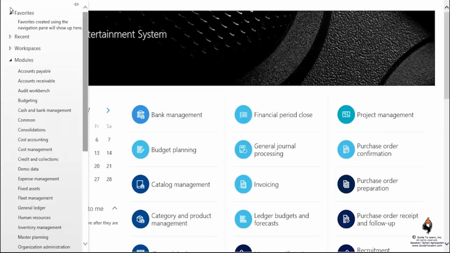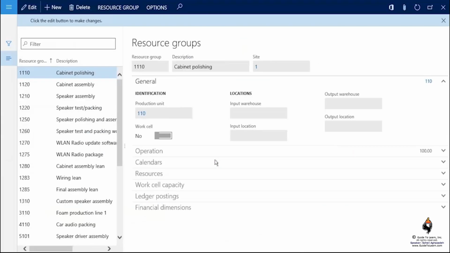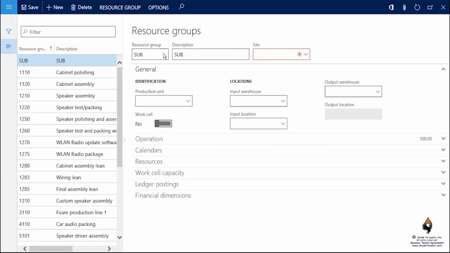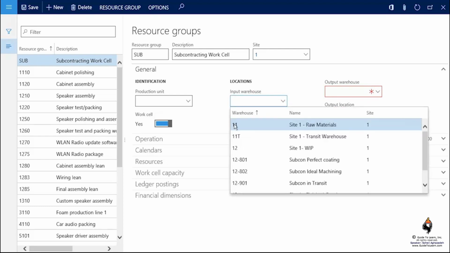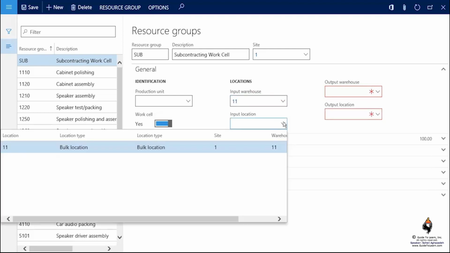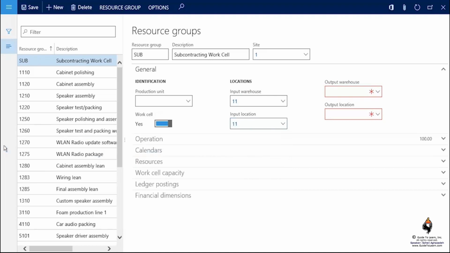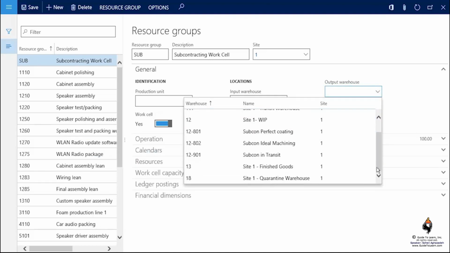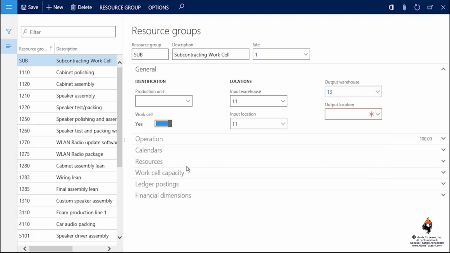And then I need to go back to resource groups, create a brand new resource group, give it a name, call it like subcontracting work cell, associated for a particular site, and make it to be work cell. This is important, and if you remember as the beginning of my demonstration in regard to the lean, this has to be a work cell. You say where you get the data from, what's the location for it, and where do you indeed place it in. Happens that in this demonstration, I'm just going to use a completely different warehouse. You receive it in 11, and then you take